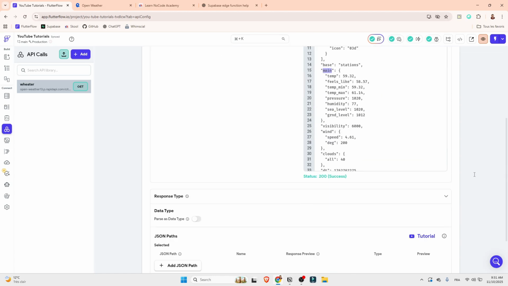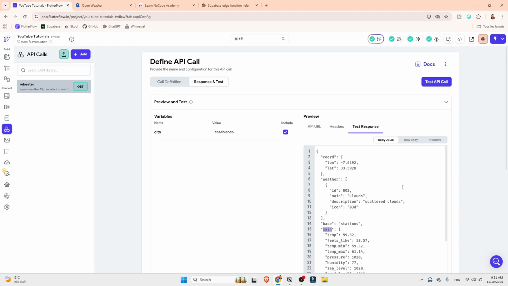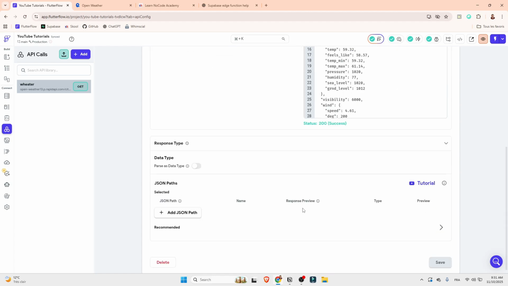So now how do we add a JSON path? So now you need to ask yourself, let's say you want to show the user the coordination. You just want to show all of it, just the longitude as well as the latitude. All right, you just want to show it. How can you do it? So you first add a JSON path, and then you specify, you have a $ sign, you have a dot, and then you mention